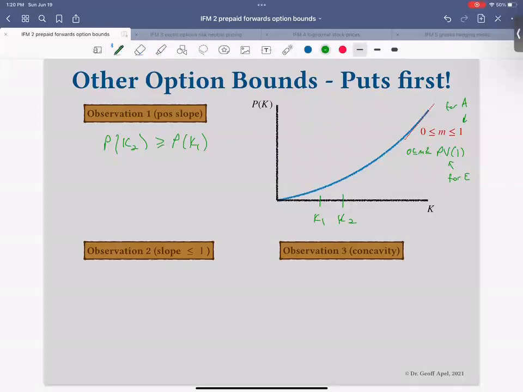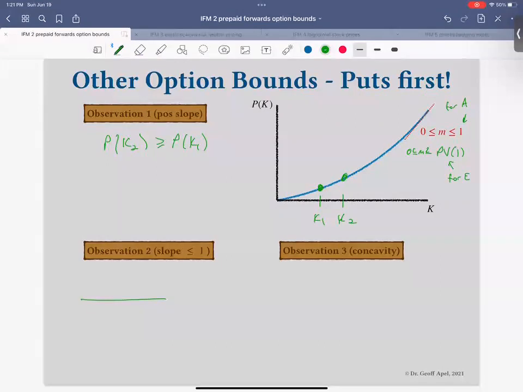Okay, the other observation is that the slopes kind of limit. It doesn't go infinitely steep. It sort of stabilizes at 1 or present value of 1. So what does that mean? If we wanted to, we can go back to algebra class where we do rise over run, right? So the slope,